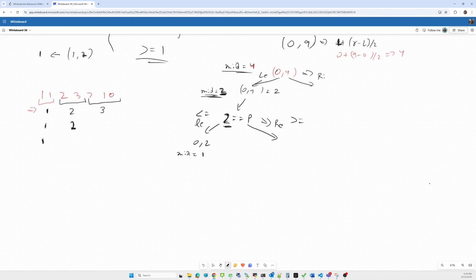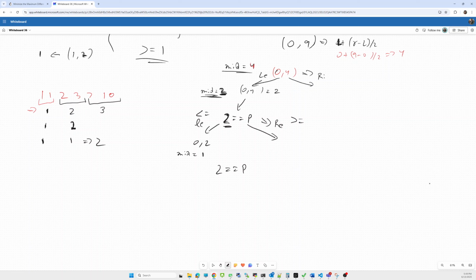Here the difference for 2 comma 3 is still 1. We are able to find it. Now 7 comma 10. Are we able to find? No, because the difference is 3. We did not increment our counter. So what will be the count? Till here 1 plus 1 will be 2. So it will return 2. So here also we'll get 2, which is equivalent to P.